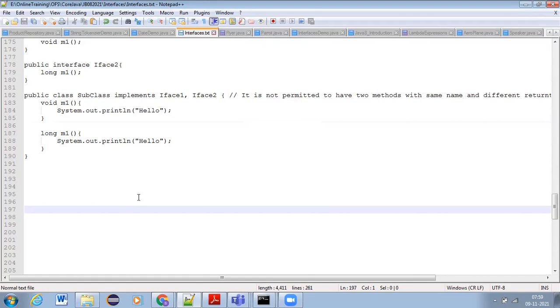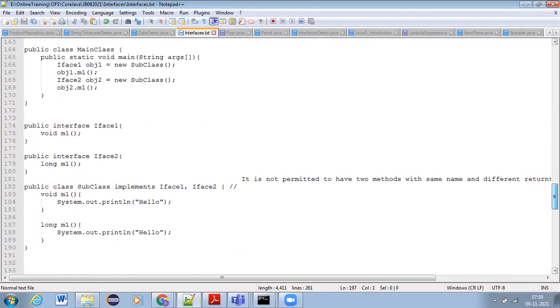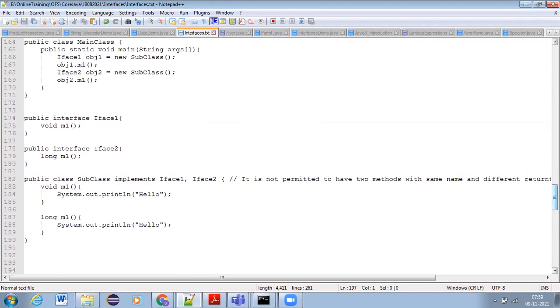It is not permitted. You should not do like this. If both have the same return type, okay, but if you have different return types, it will be an ambiguity error and it is not allowed in Java. Of course, not only in Java, in any programming language it is not allowed. It will give you a compilation error.